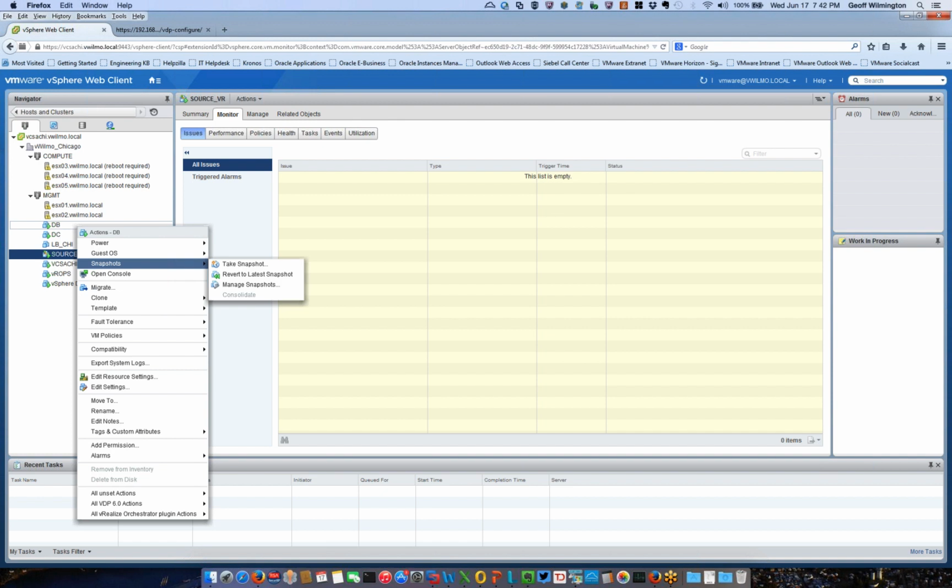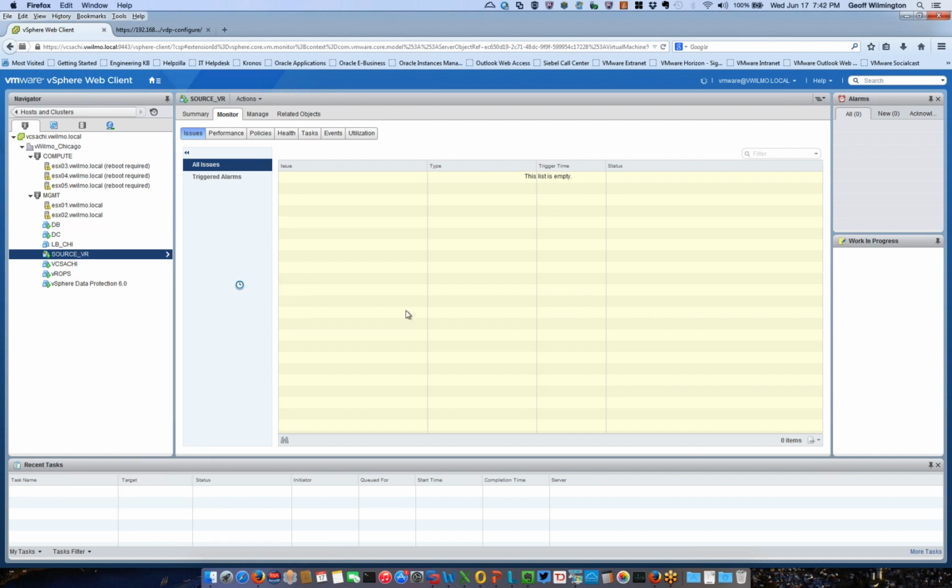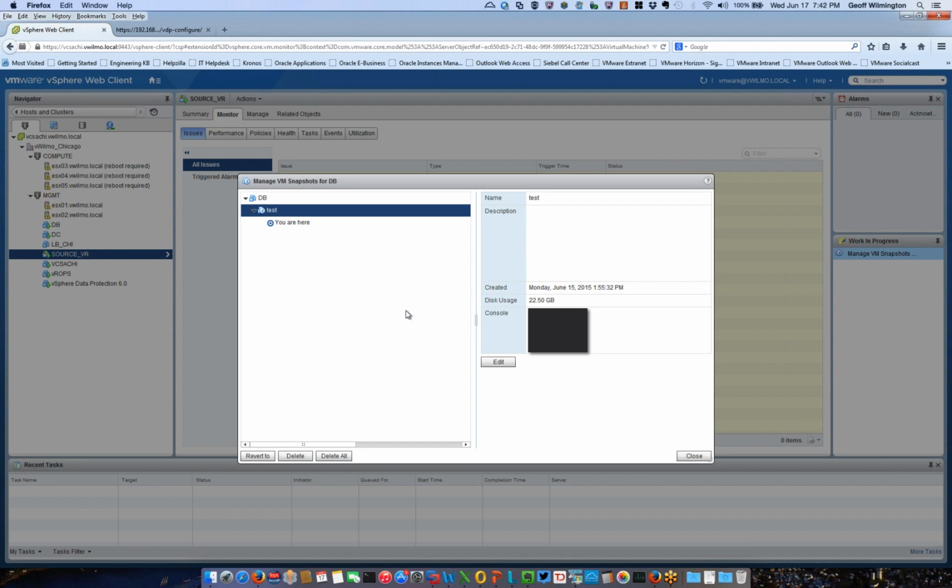So when I'm ready to take a snapshot, we come in here and go into manage snapshots. What you're going to see here is that it already has a snapshot, because in the background I'm taking a full backup of this machine as we speak for the other section on vSphere Data Protection. So you'll see a snapshot here. When we want to look at the snapshots on this machine, we go into the manage snapshot